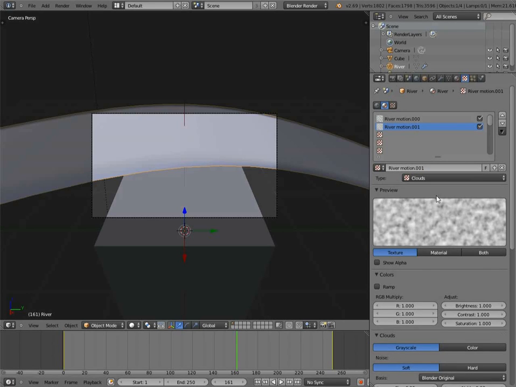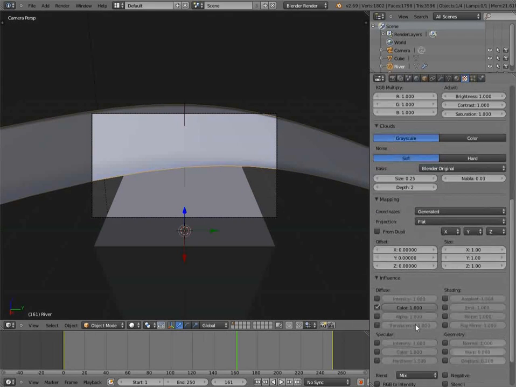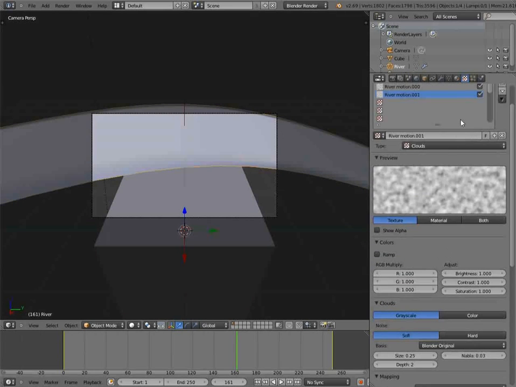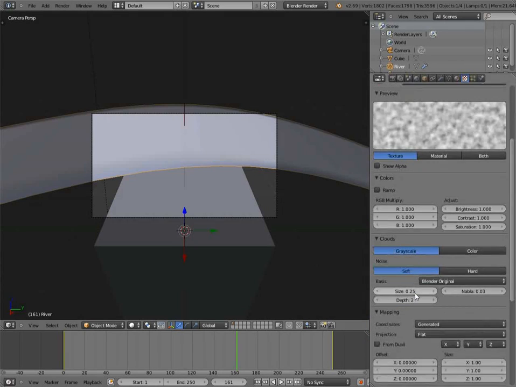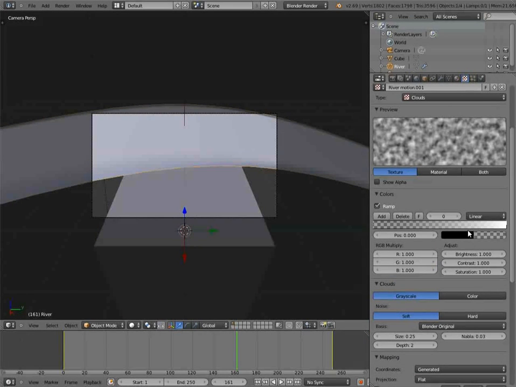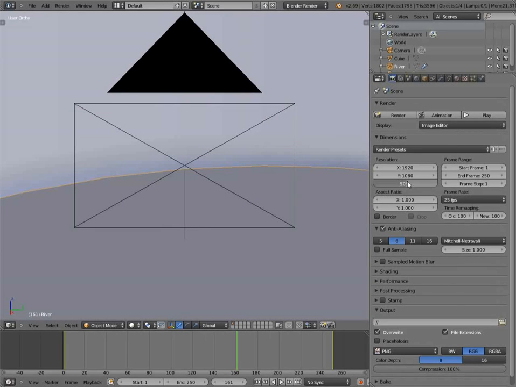.001. You can leave this off if you want. Leave it on generated. Let's just put it on color and alpha for now and turn off the transparency here for a moment. You can add the ramp, just makes it better. And if we render at 50% it's a bit large, let's make it 20 for now, and